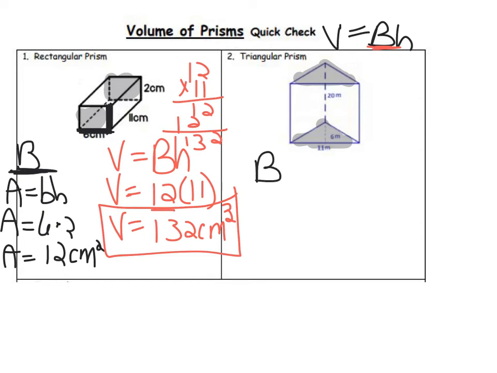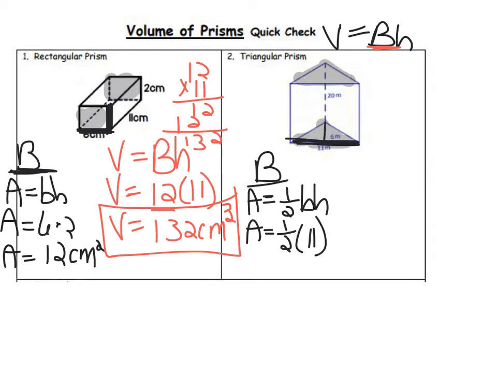So capital B, what is the formula for a triangle? Half of base and height, right? So now we're going to do half. What's the base of your triangle? 11. What's the height of the triangle? It's 6. So then half of 11 times 6 is